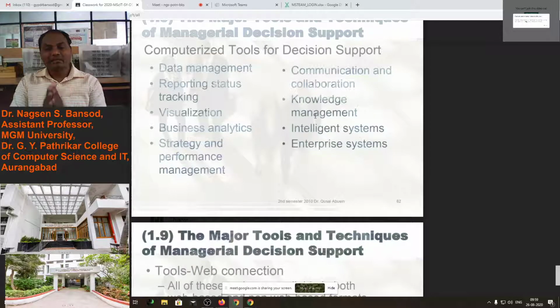Okay, knowledge management. We also have to use a knowledge management tool in the computerized decision support system, so that we can find the optimized solution to the problem. How? Suppose we want to make a car in our Toyota showroom which will be affordable to lower income group people, from 1 lakh to 5 lakh.